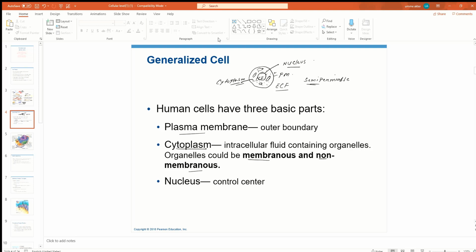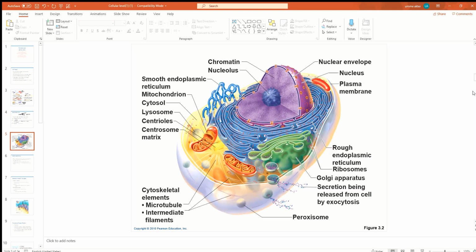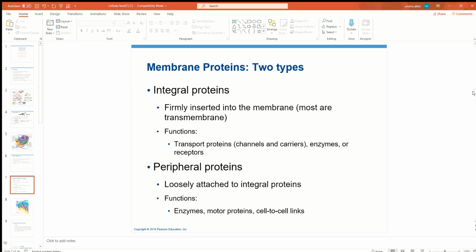Okay, so some organelles have membranes around them, bounded by membranes, and some organelles don't have membranes. So we'll see the important organelles in next slide. So these are the three parts of the cell: the plasma membrane, nucleus, and in between you have the cytoplasm, and cytoplasm has membranous and non-membranous organelles. Okay, important organelles are,